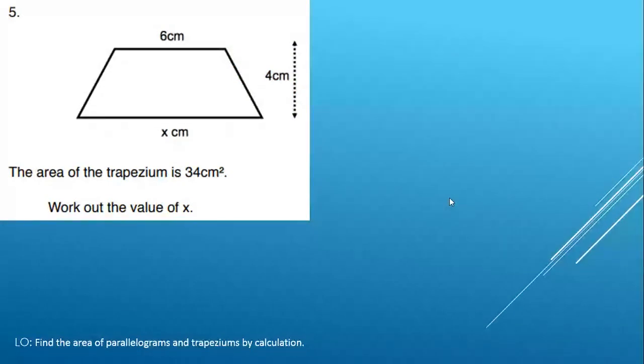Just a final one to look at. Normal trapezium, just how we'd like to see it, because we'd recognize that straight away. But the difference in this one is that it tells us what the area is, and it wants us to work out the length of one of these sides. But it doesn't change how we start. We can still label all our sides. So then we'll label that A, we'll label that B, and that is obviously our height. And it says that the area equals